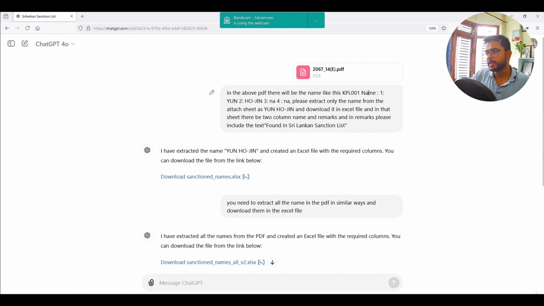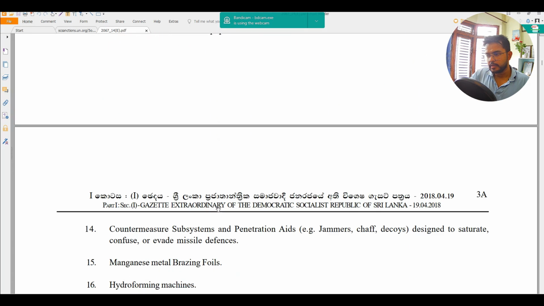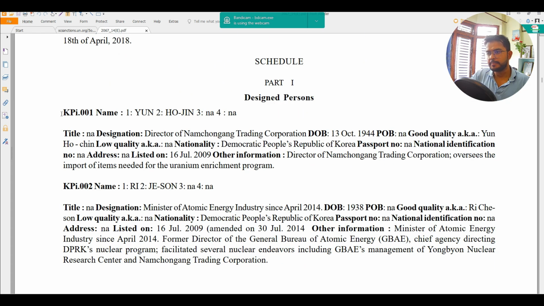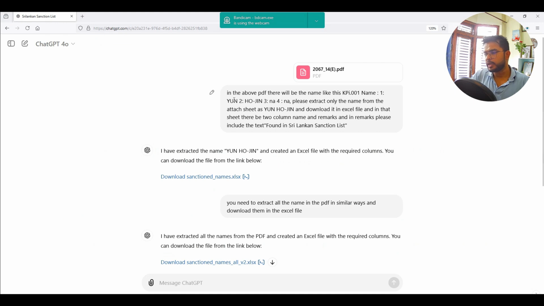In the PDF there will be names like this. If you look at the file, the name is given like this. This is the individual name, but there are a lot of characters between the names. So I asked ChatGPT to clean those characters and give me only the names, and download it in an Excel file, with another column containing the text "found in Sri Lankan sanction list". So ChatGPT gave me